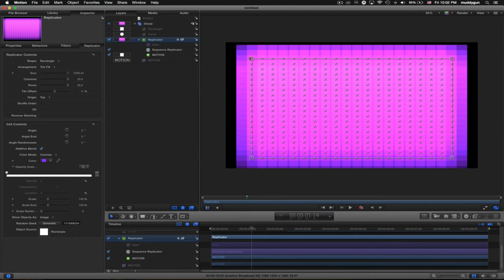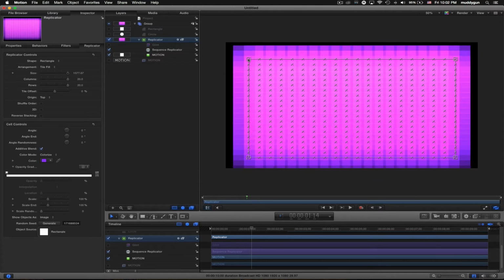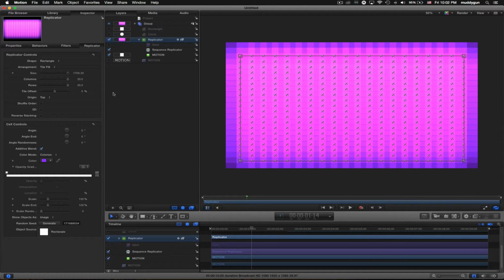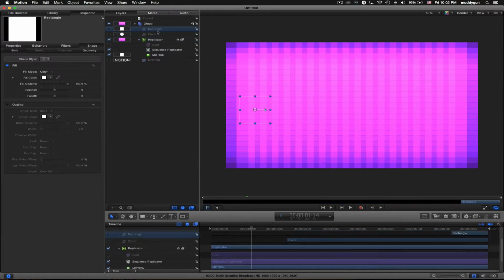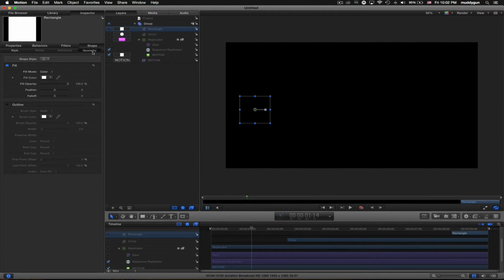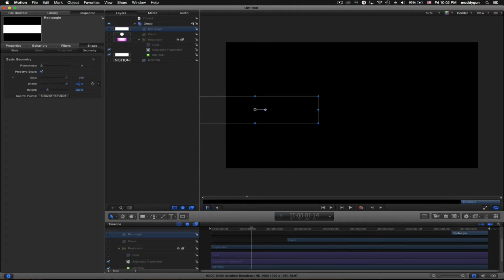Now, I kind of like to be precise about this. I won't be precise today, but if you do the math, you have a 1920 by 1080 frame. You can make a pixel like 1920 by 1080. Actually, let's just go ahead and do that. This is a good learning thing. So what I'll do is I'll go in here and I'll do 1920 divided by 2, which is 960, and 1080 divided by 2 is 540. So now you have